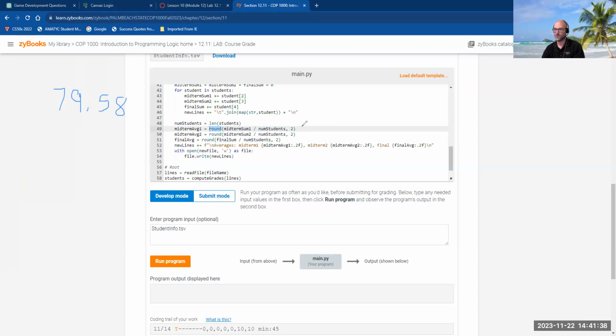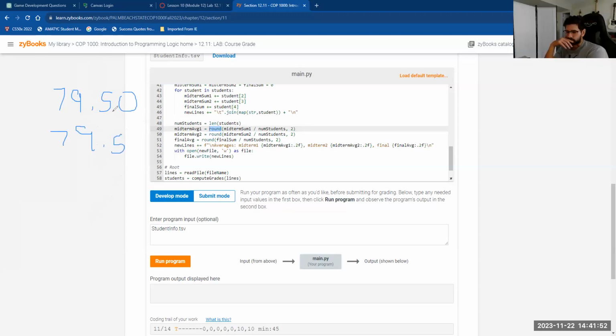Well, then this would have worked okay. But if it was 79.50, then what round two does is it changes that to 79.5, and it drops off the zero. And so I wanted to display two